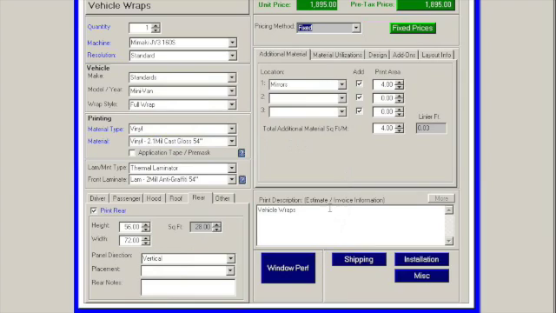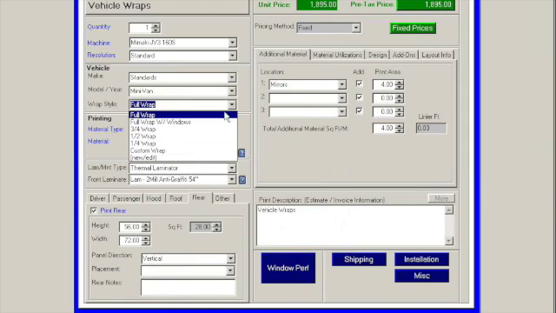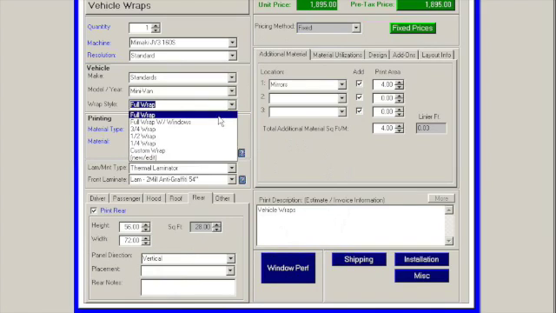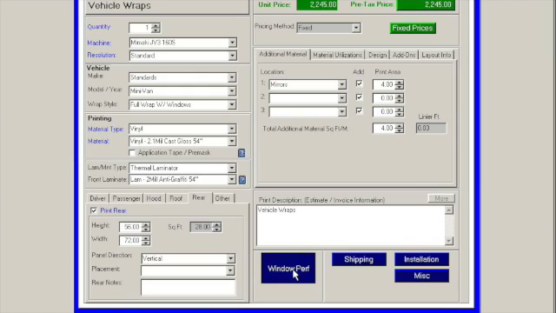Now, Vehicle Wraps really incorporates 3 products. This, what we've gotten through, is just the main vehicle. Next, let's talk about the windows that may need to be wrapped. If we select a full wrap with windows to get a fixed price on that with one, or if we're doing a half wrap or a custom, we would select these manually as well. If we go into the window perf product,